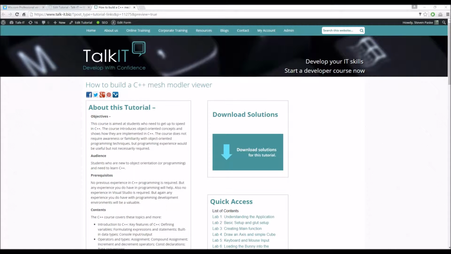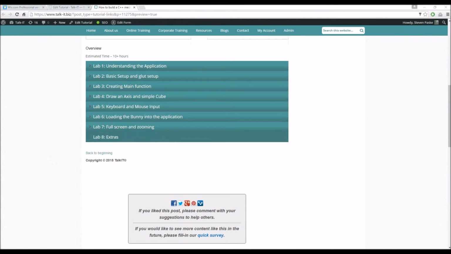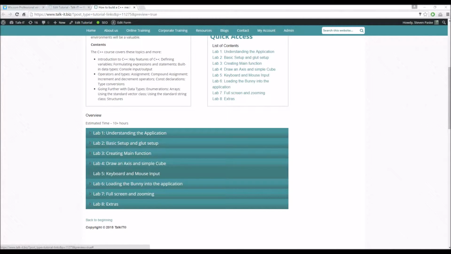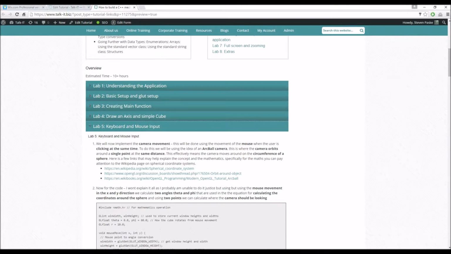So this is C++ Mesh Model Viewer, and we're going to be doing Lab 5, which is keyboard and mouse input. This is quite crucial to our application. It allows us to go around the mesh model, and then the keyboard allows us to interact with it to do things. So to start off with, what we're going to do is implement camera movement using something called an